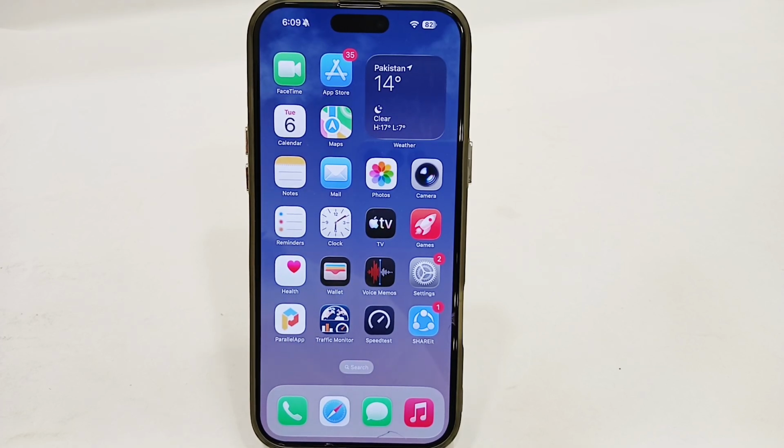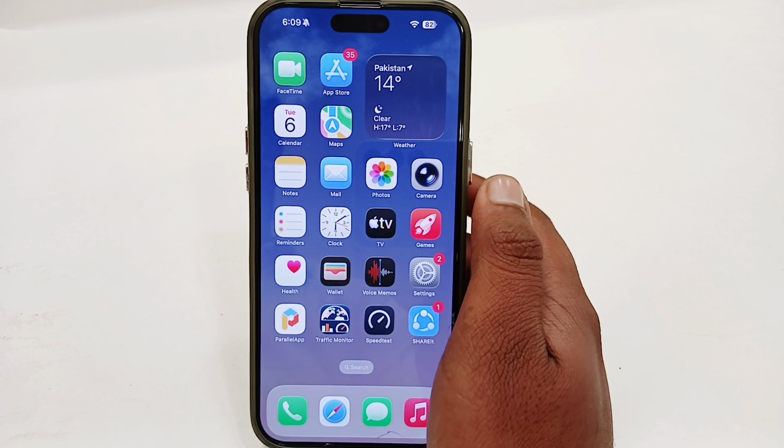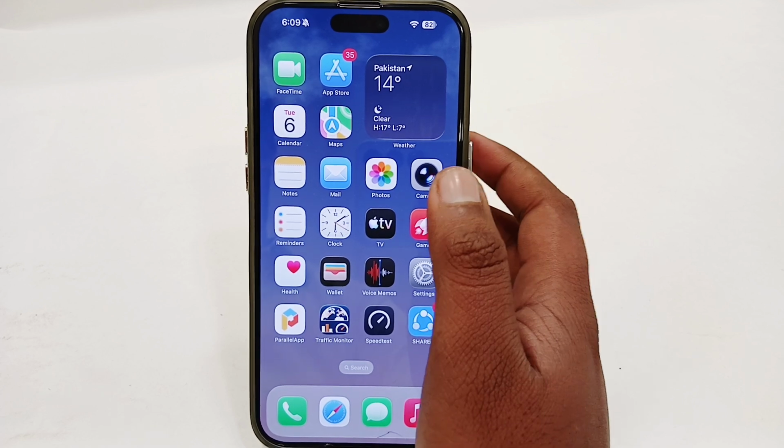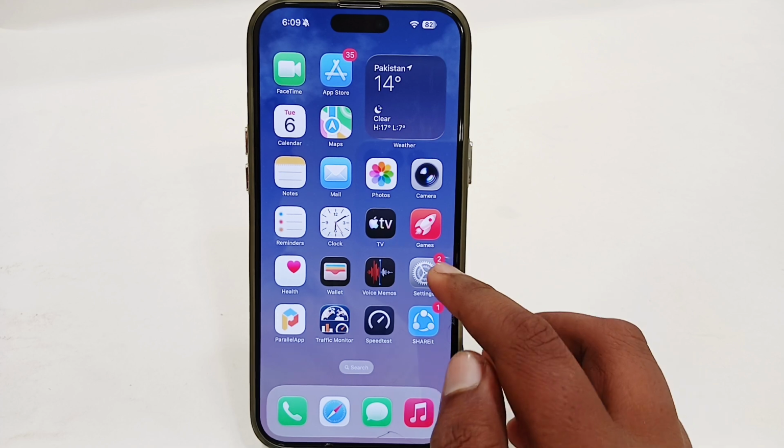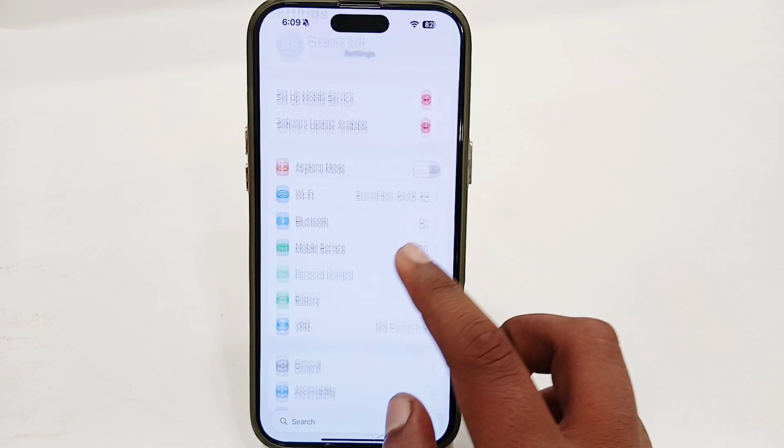Hey guys, today I'm going to tell you how to fix App Store billing problem. If you are using any iPhone or iPad and you're facing App Store billing problem, let's see some possible fixes for this. So the very first thing, you just have to open your settings app here, go to General,